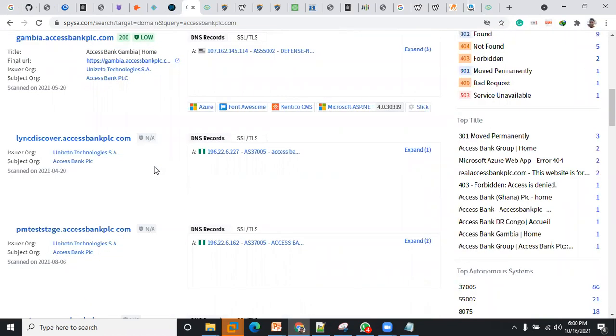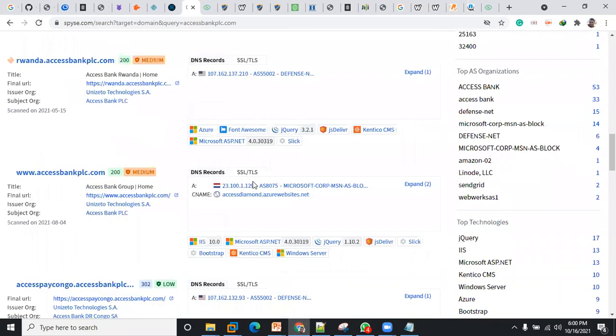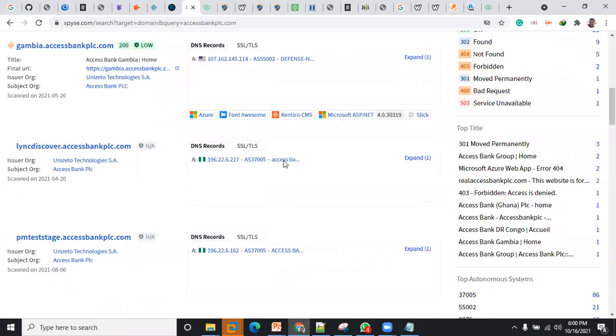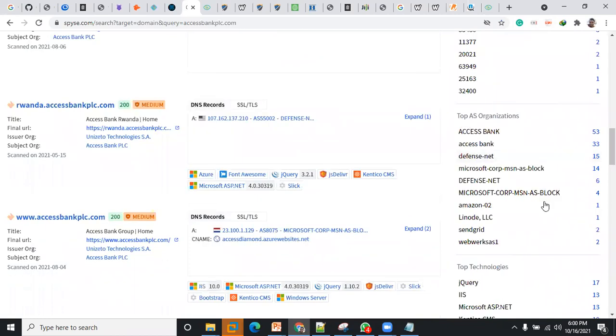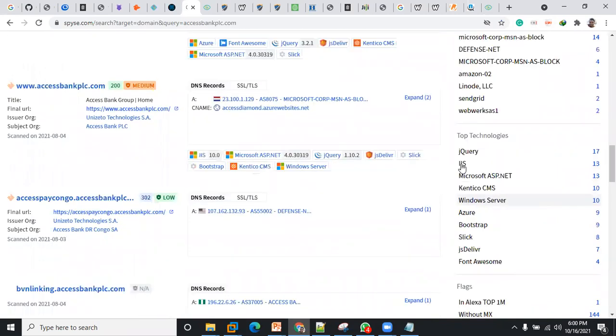Okay, so this is also for Access Bank. One of the good things about using Spyse is that it gives you information about the technology. Then you can click them one by one.